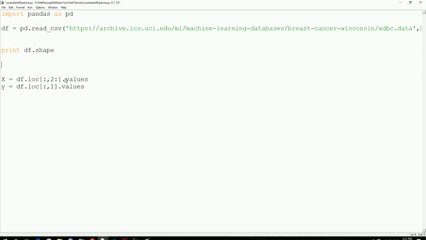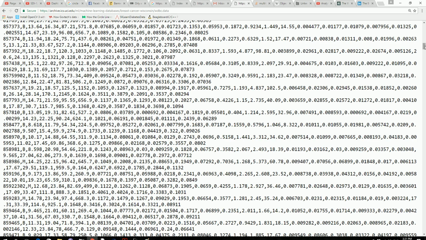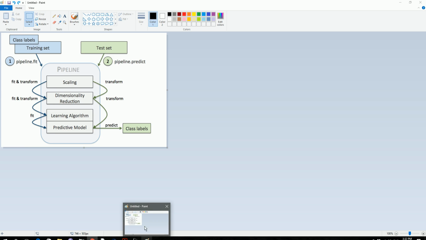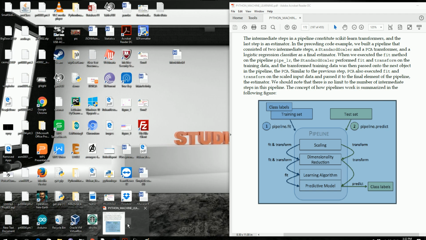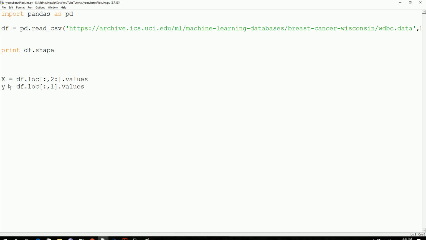If you look at this data set, let's go all the way to the top. The first one is some number, we don't care. And this is actually the label. This is the one that classifies the entire data, whether it's benign or malignant. So this one will be the y. It is actually the second column, the second data in the row. So that's what we are doing. So y